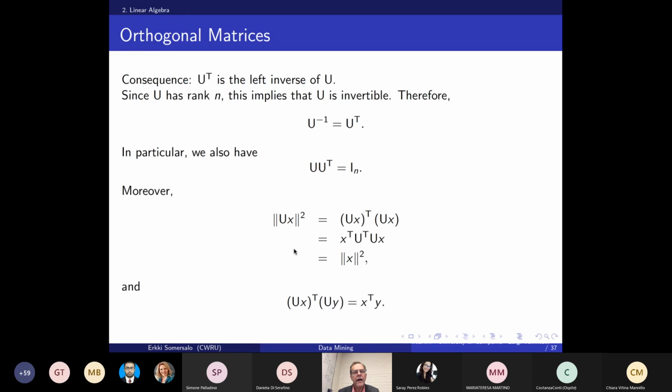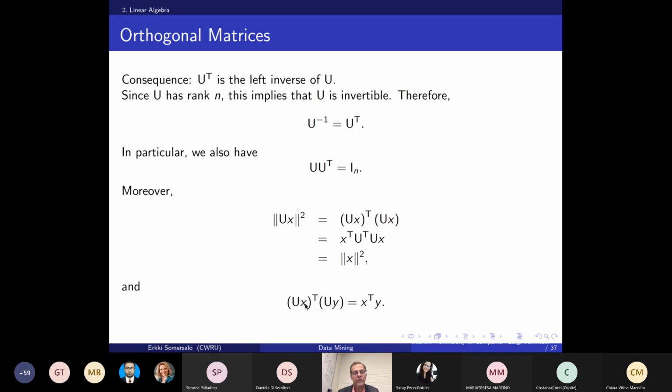And orthogonal matrices are convenient not only because the inverse is u transpose, as I mentioned, but also because they retain the length of a vector. So if I take a vector ux and I calculate the length of that vector, then by definition this norm squared, which is the Euclidean norm, is (ux) transpose (ux). Then I use the basic property that the transpose of a product is the product of the transposes, but in the reverse order. So I get x transpose u transpose u x. Now u transpose u was identity, so what I get is x transpose x, which is the length of x, or the norm of x squared.